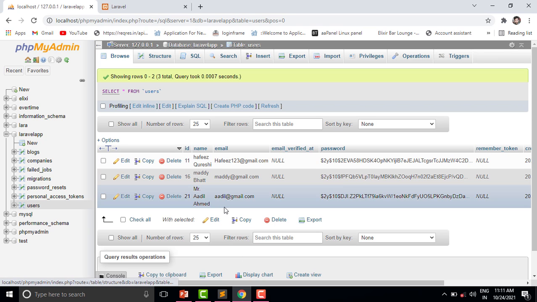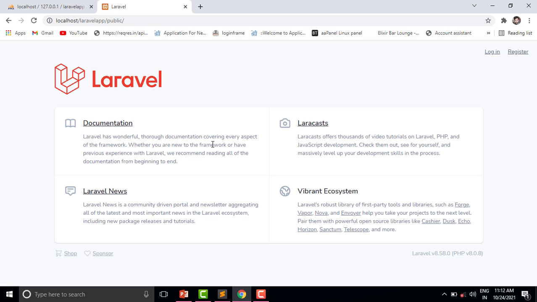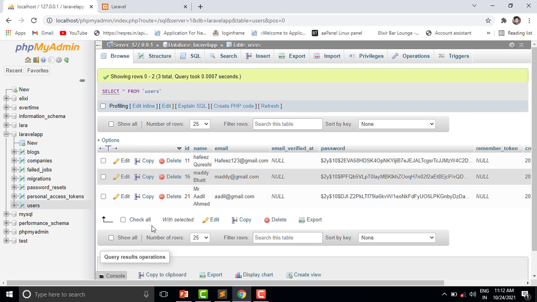So first of all let us understand what is relations in Laravel. Actually relations in Laravel means fetching the data from two tables on the basis of any similar key. So one-to-one relation is that suppose one user can work in a single company at a time.